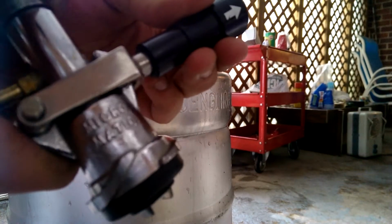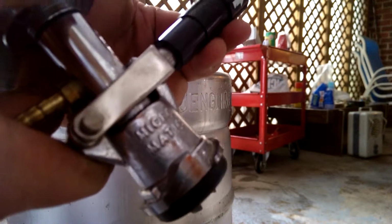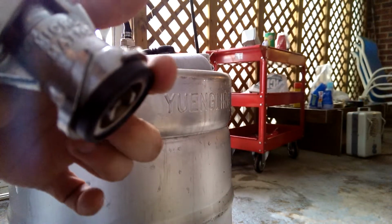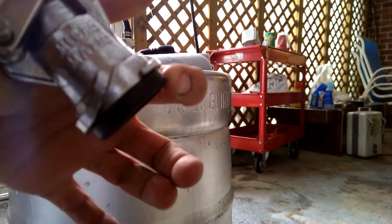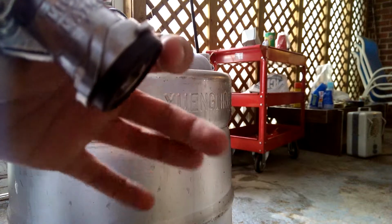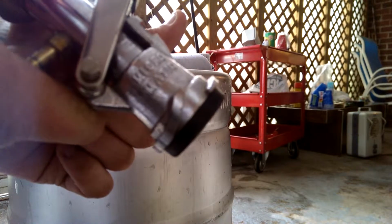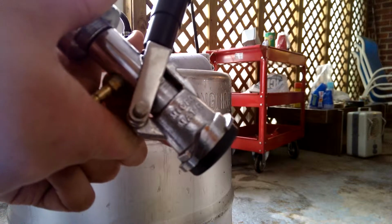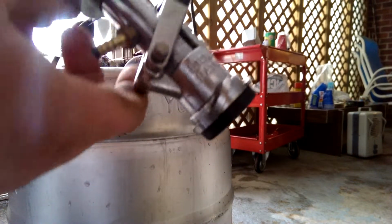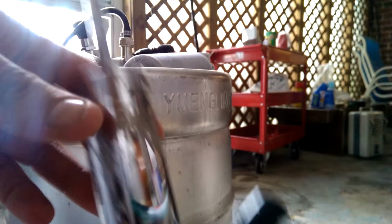To actually lift it back up, if you want to disconnect it, you pull out right there and you slide this thing right back up. It sucks those teeth right back up. So this rubber ring here is what actually seals onto the keg. So you have to make sure you maintain these. If these get dry rotted or anything like that, then they're not going to seal and you're going to lose beer and air. So once you hook this up to your keg and you pump it up a couple times,